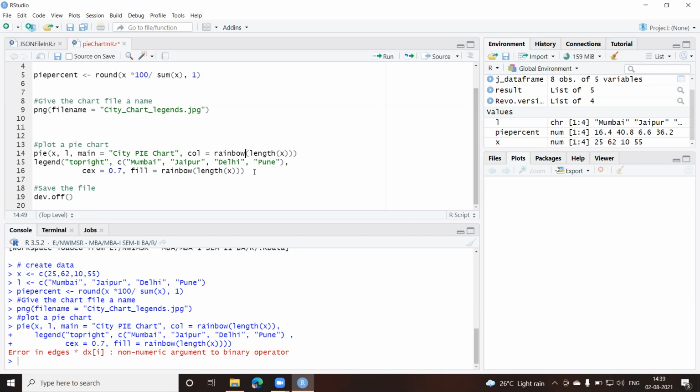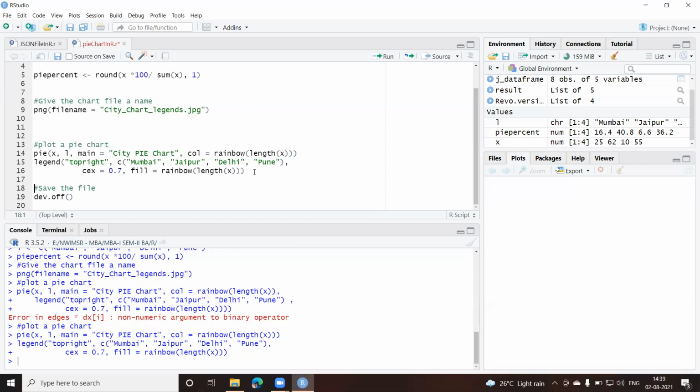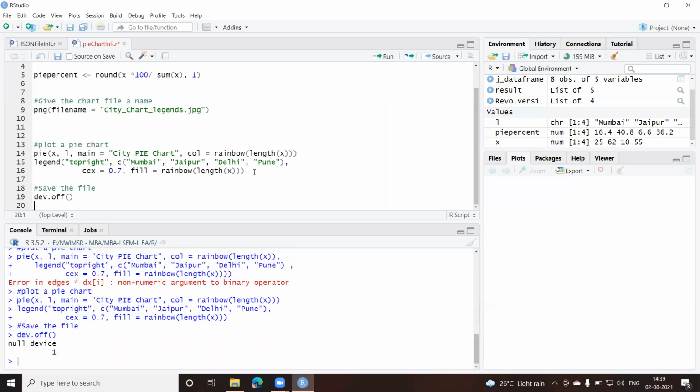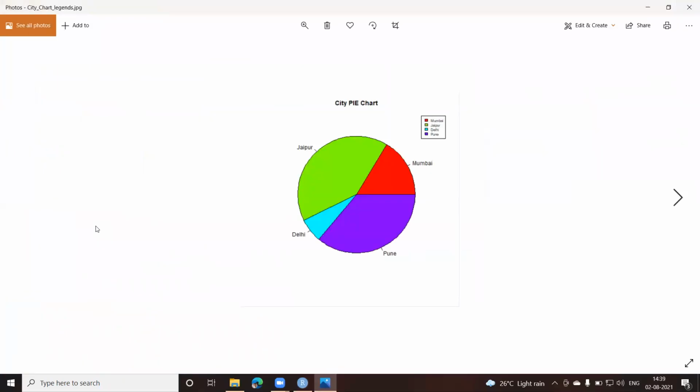Now, if I run this again, a pie chart, okay, then create a legend and then save it. Okay, now let us go and open that file, legend. Yeah, fine, that's it. There were some errors which I had made. I wrote the legend code in the same line, along with the pie function. It's not a part of the pie function. Please remember, legend is another function which we have to give on the next line. Okay, that was the reason.